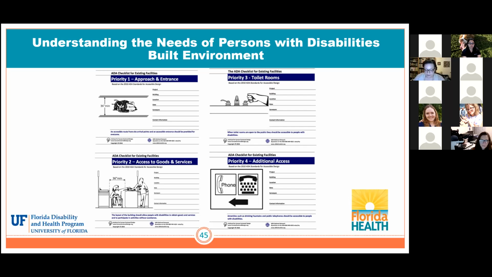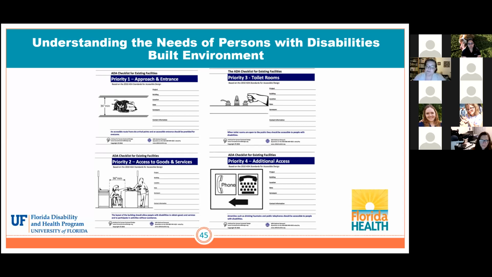Another example of a cheap fix is to rearrange furniture in the waiting room so there is space for a wheelchair user to wait, or having at least one, but preferably more than one, room where people with disabilities would be able to easily get in and out. So for instance, if your exam room has a chair in it and you have a client in a wheelchair, removing the chair from the room makes that room more accessible for your client. So not all the fixes are high dollar fixes.